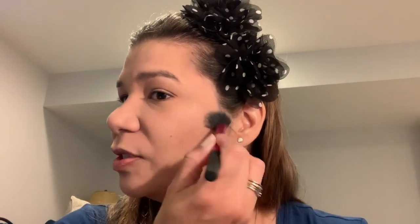So all of that was done. So this foundation, I don't know. I haven't been into concealer much lately, unless I have to conceal blemishes, or I'm just using a powder foundation on top of it or something like that. But I don't know. Maybe I should conceal. I kind of have some darkness under my eyes. And if I'm gonna film,